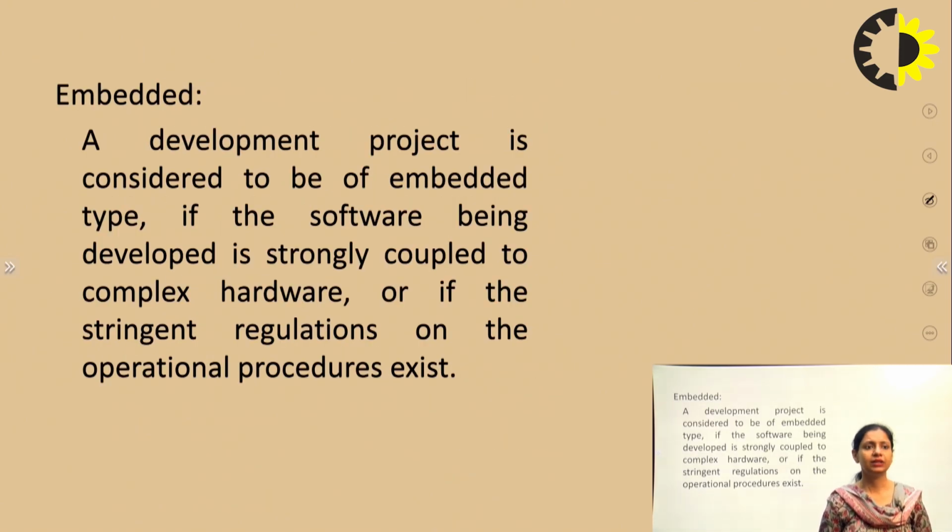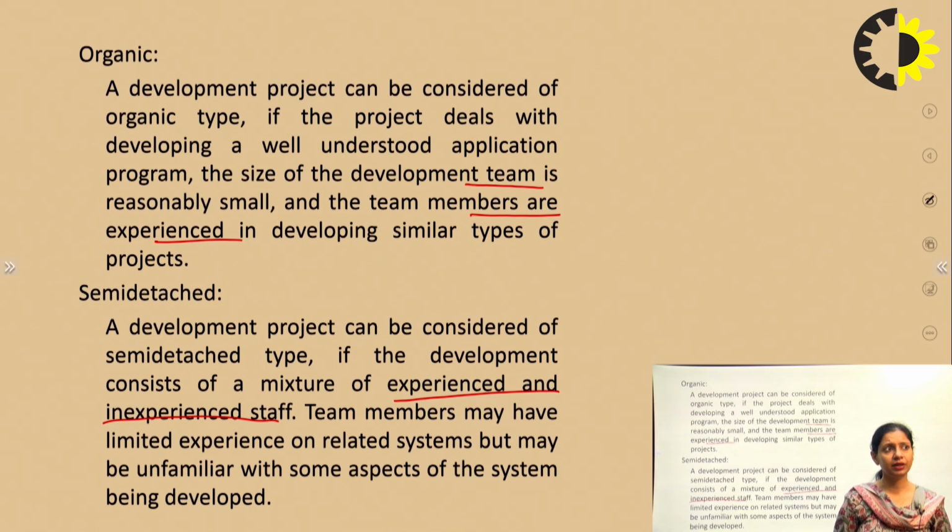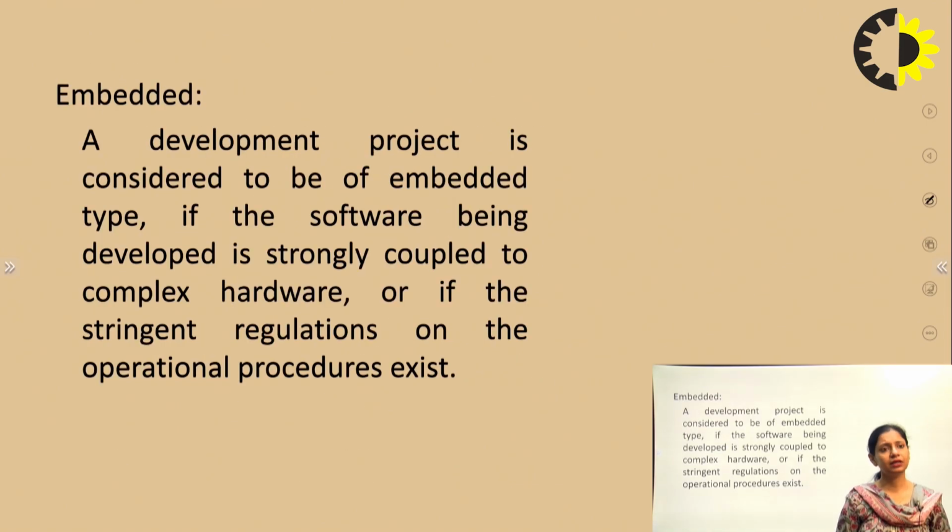The last one is the embedded. A development project is considered to be of embedded type if the software being developed is strongly coupled to complex hardware or if stringent regulations on the operational procedure exist. When we talked about organic and semi-detached, we were basically working on application programs. We were not talking about the inclusion of hardware into it. But when we are talking about embedded software or embedded projects,